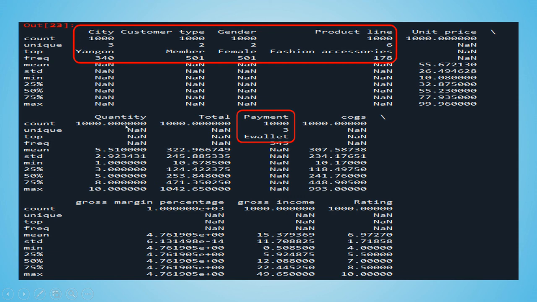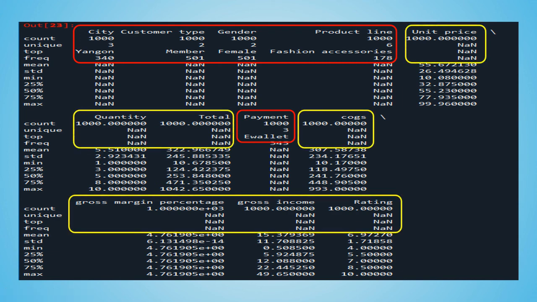But if you look at this variable, this is numeric, so we don't have any value for these 3. Count can be done on numeric and character variable as well, but unique, top, frequency are performed on character variables only, but this quantity variable was numeric, that's why it is NaN. And if you notice, these all variables are numeric, so that's why it is NaN over here, but here we all have values. So it's just a reverse condition.